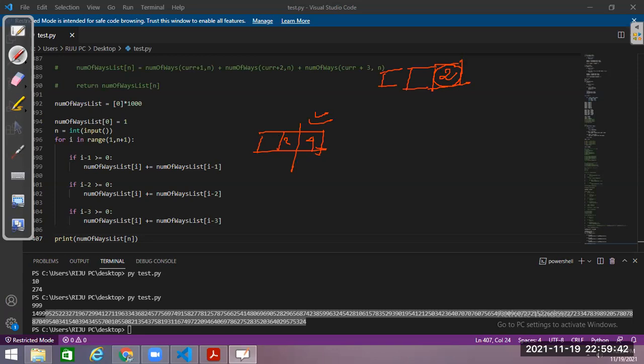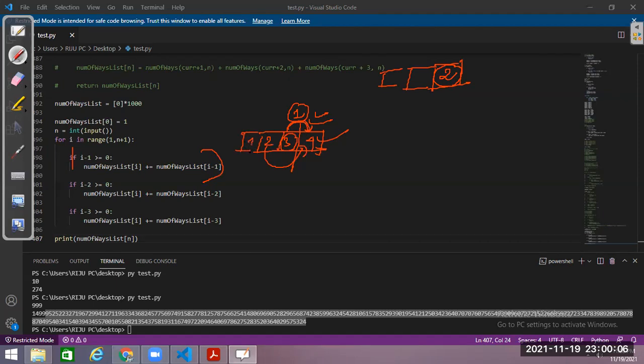From 3 I can reach 4 by taking one step, correct? Yes. For that condition, is there any step that exists before me such that from there I will take just one step and reach 4? Is there any step that exists before 4 such that from there I will take 2 steps and reach here? Yes, 2.